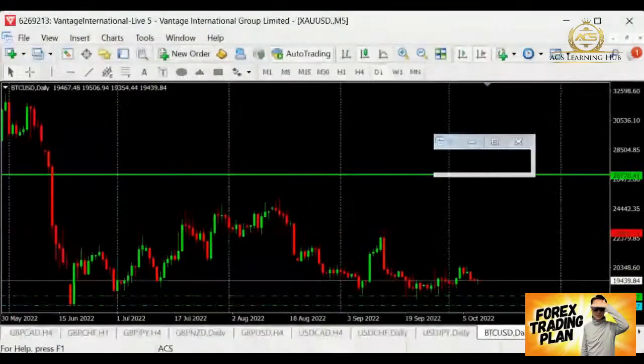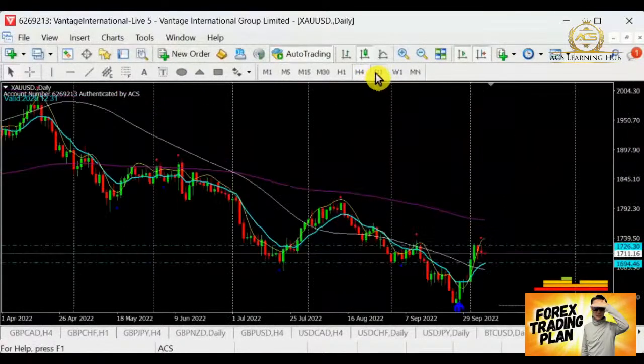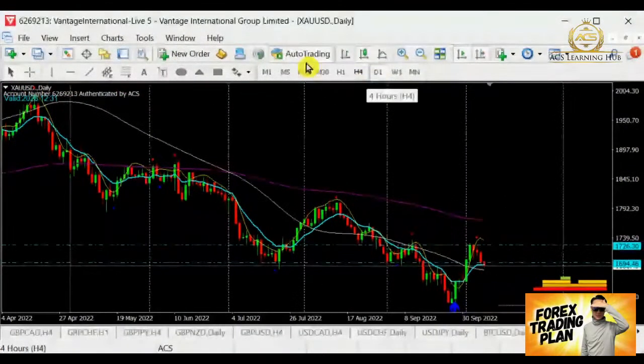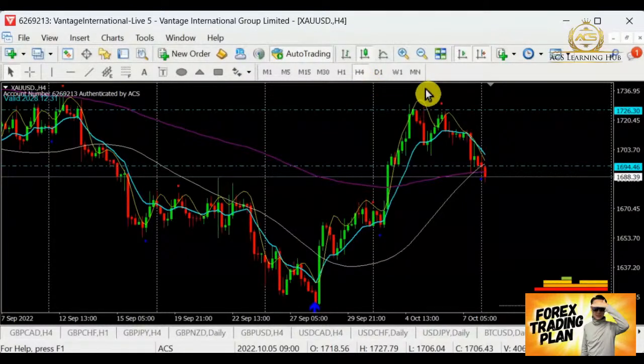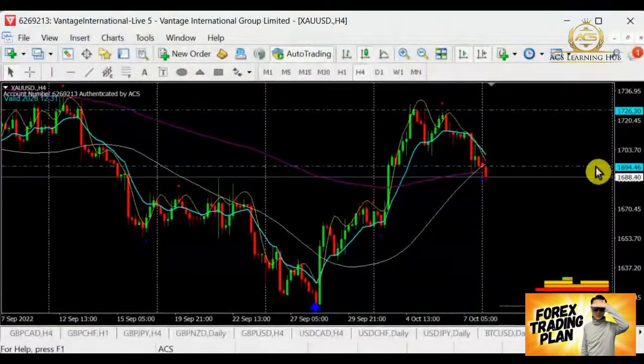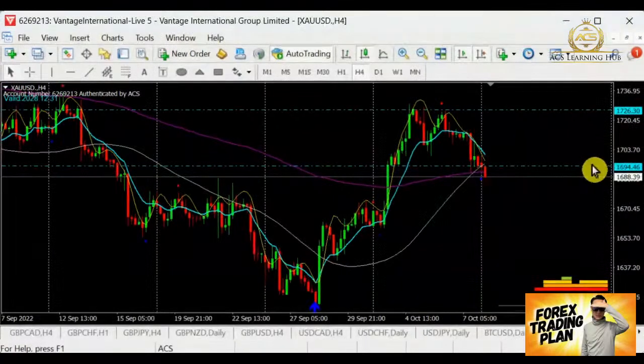Okay, let me answer some questions about gold. Yes, last week we did project that the gold price will test 1726, and my selling target was actually 1694. Now it hits just nice. When the market opened today, it hit 1694. Even last week on Friday, we tested this 1694 when the non-farm payroll occurred. So currently it's coming in and hits this level.